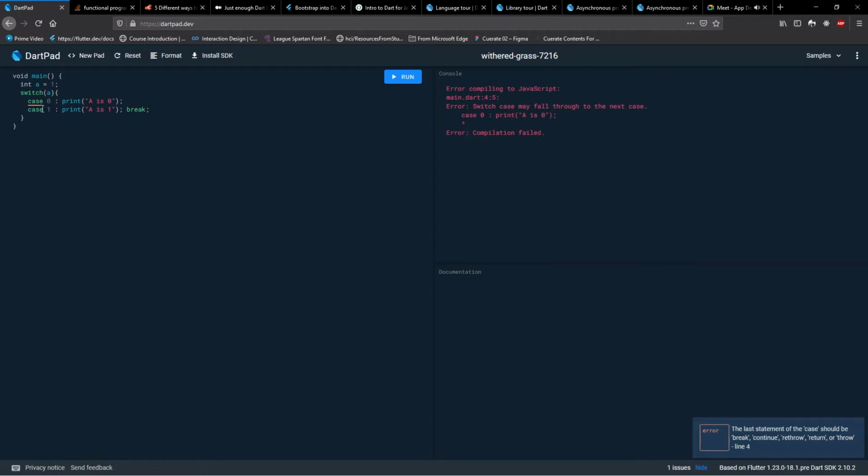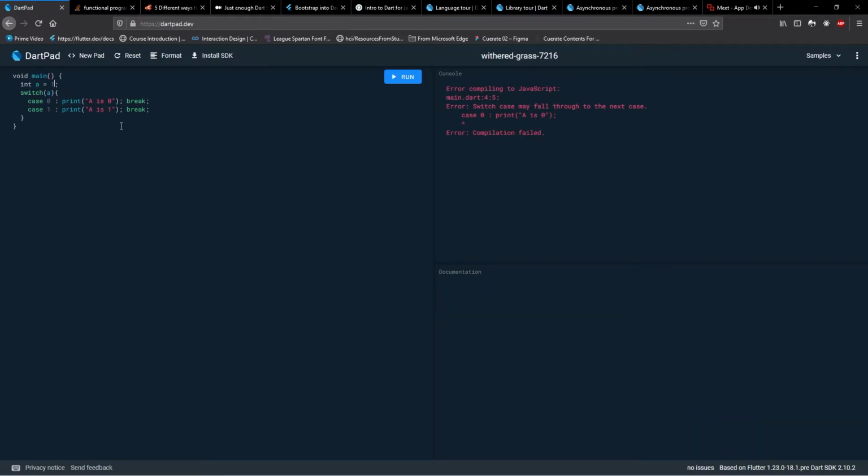This is throwing an error, but when you are coding, what's going to happen is if you don't put a break over here, it's going to check the case over here. It's going to print this case and also print this one. It's going to do both of these things. That is what you call a fall through. That's what fall through means. It's going to print every single case if you don't put a break. All right. So if you put a break, that will be this thing.